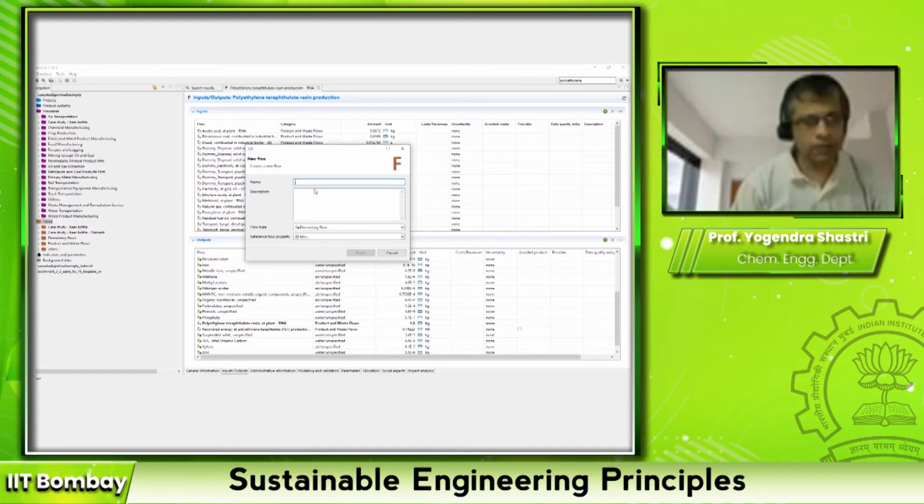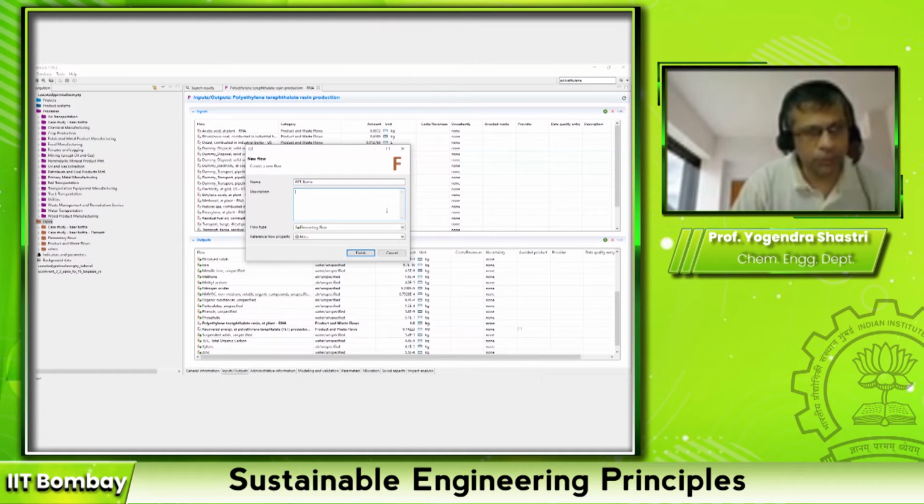So once you come here, then you have to give a name. So I will give PET_bottle. I don't think you need to avoid spaces. You can have spaces, but probably it's better not to have space in between, so I have a complete word. So write it as PET bottle. You can give your own name, bottle 1, bottle 2, whatever it is.